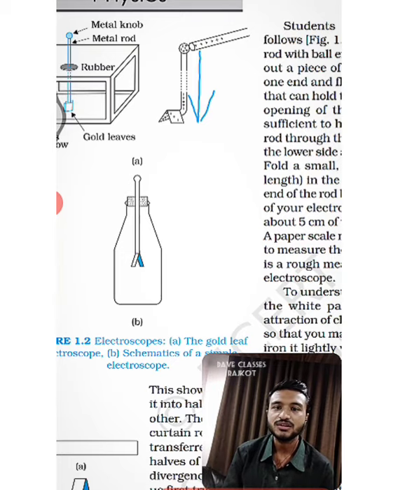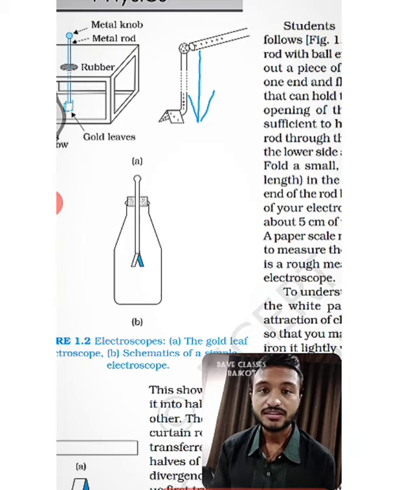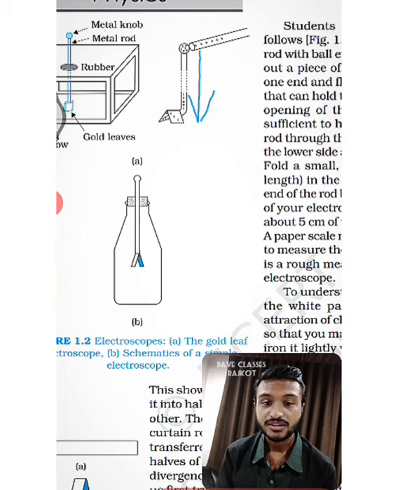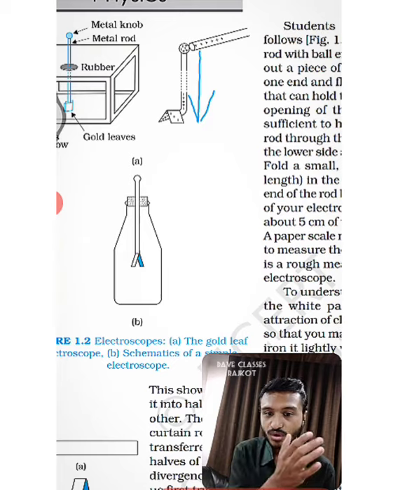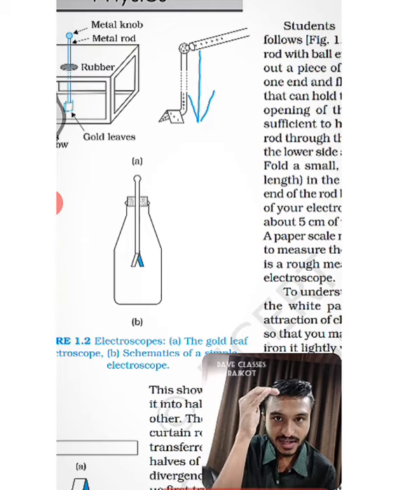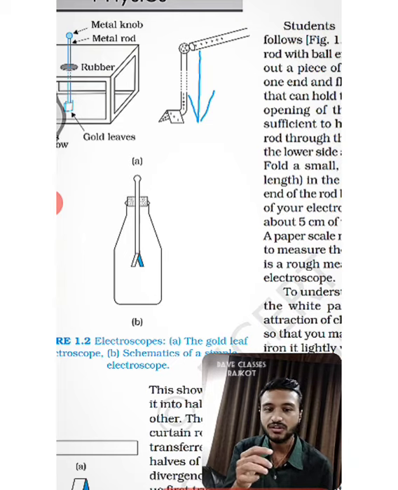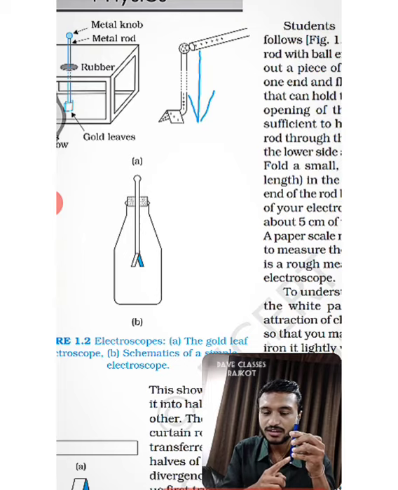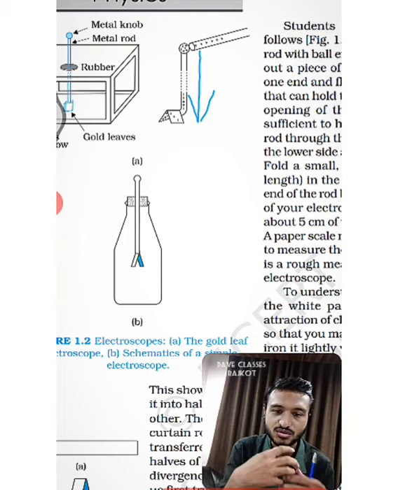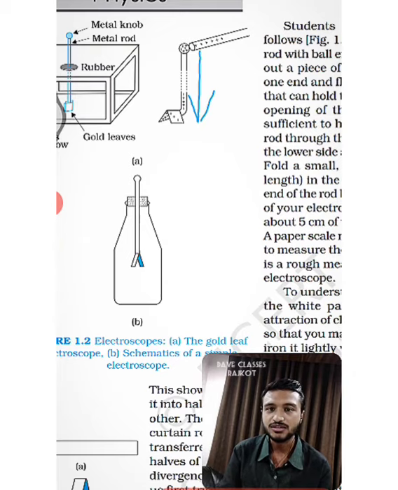Is everybody clear up to this? Yes. Now you can come to know about the main feature of the rubber which we have already identified. Rubber will not allow the charges to flow away. So it will not allow the charges to go away while they are coming from the metal knob to the metal rod. It will not allow any charges to fly away. It will not allow charges to go anywhere else.